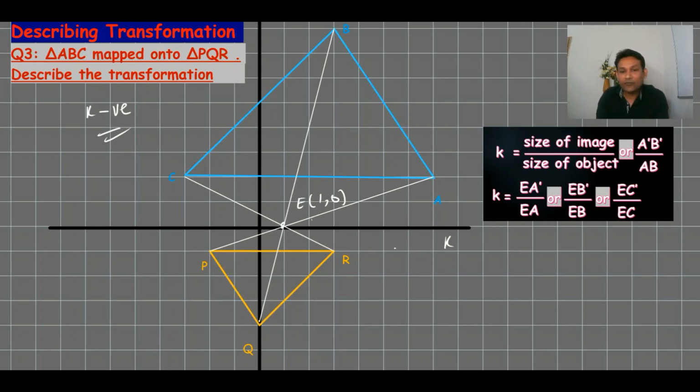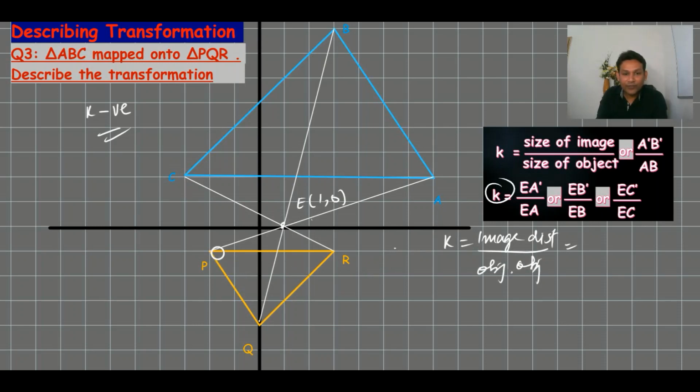Now, scale factor formula, which formula is suitable here? Can you find the distance from center to, like, I cannot use this formula because this is not easy. All are inclined. There's no vertical or horizontal. But the image distance divided by object distance. But image and object should be corresponding like sides. So image I can use